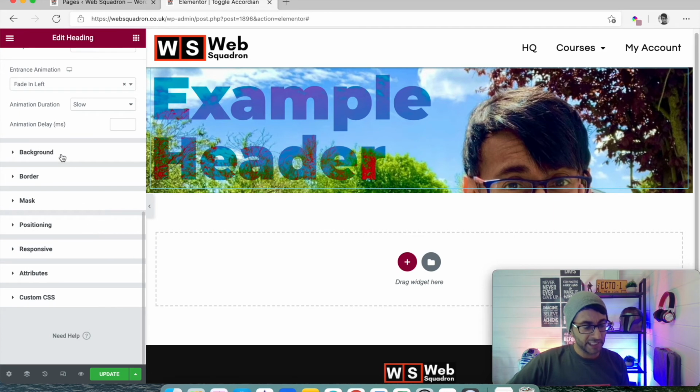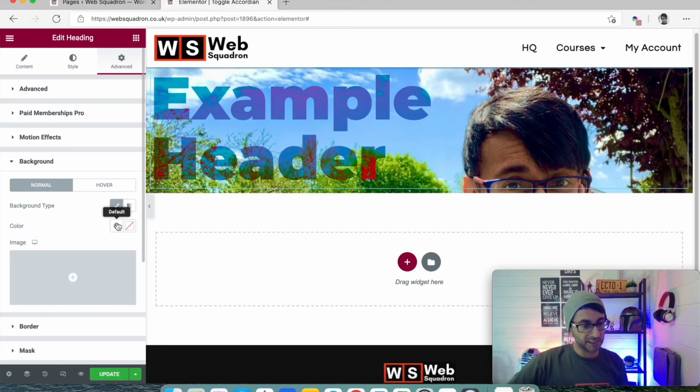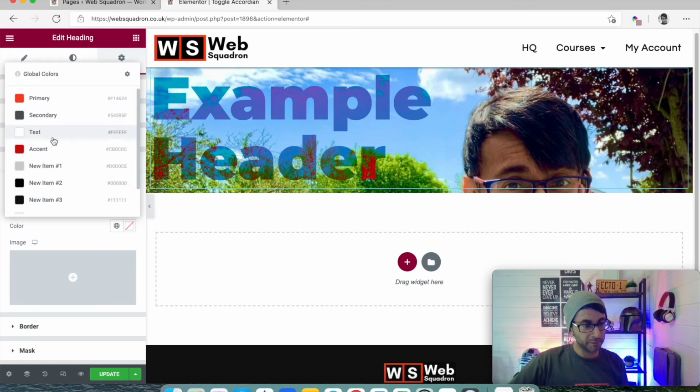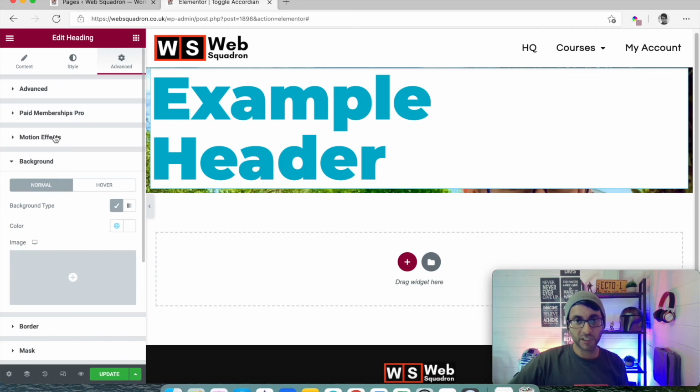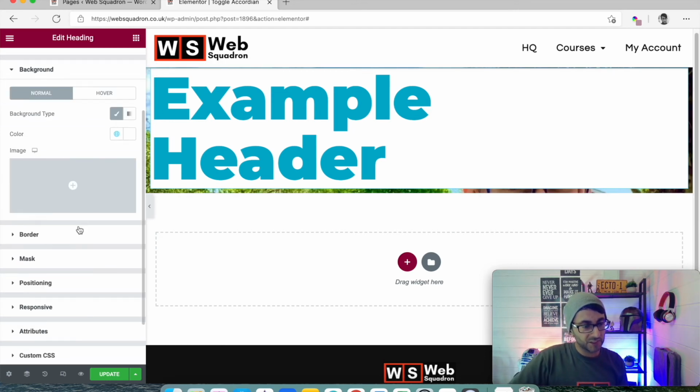Right. If we then scroll down, I can go to the background as well for the header. We're still in the advanced tab, and I might decide that the background is going to be white. Let's just go for white. The trouble is though, that because my section is the full width of the screen at the moment, it is colouring the entire width, even though my header is only about half the size of the screen. Okay, so